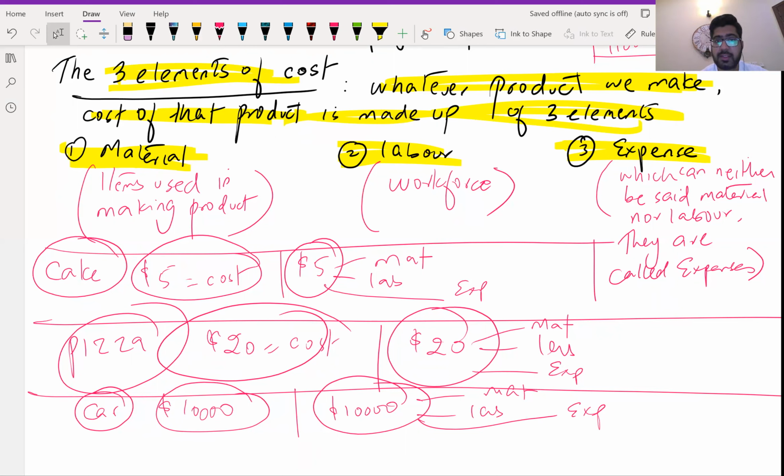So in today's class, we just discussed the course outline, okay? And I told you two basic things. What is cost? Any expenditure incurred, any outflow incurred in making a product is cost, okay? We add profit in that cost to get price, okay? And whenever you spend money on anything, that's cost. It's always made up of three things: material, items used; labor, workers; and any other thing that's neither material nor labor.